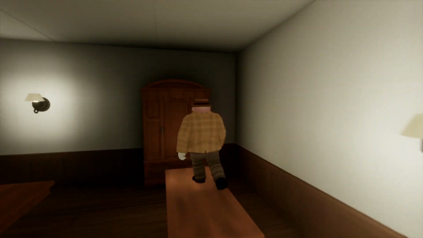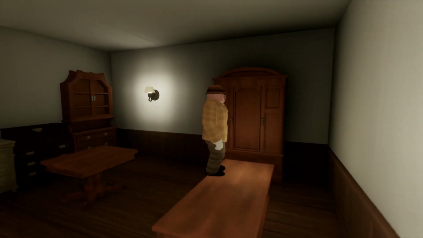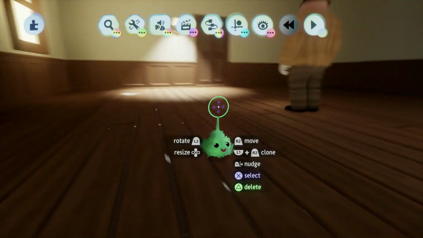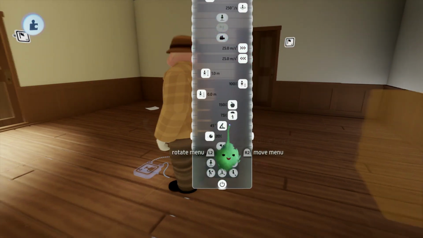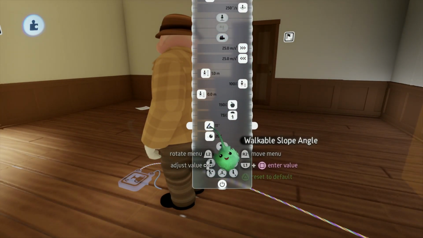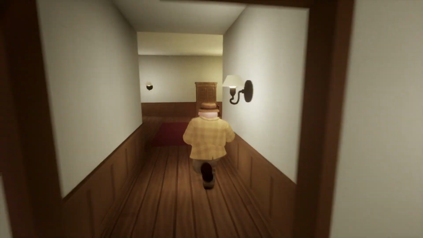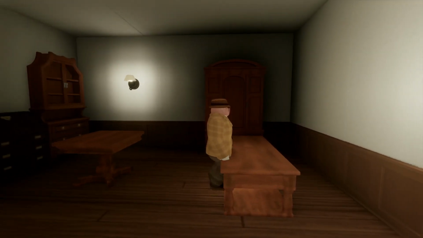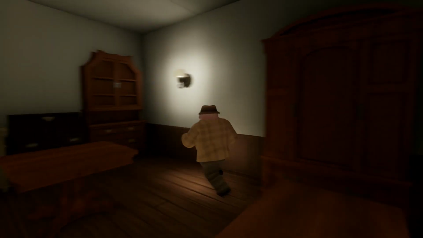Also, you'll notice that there's a thing where we're walking on top of furniture, and there's other things that can happen too, like you'll put your foot up on the furniture, and that's really ugly. Now, there's ways to limit this bizarre behavior in the puppet, which is one I want to get into. One way is to turn down the walkable slope angle so that he can't do that. He won't be putting his foot up on the furniture. He can still walk up onto it, but he won't be doing the weird leg thing, at least not as much. You still kind of get it, but